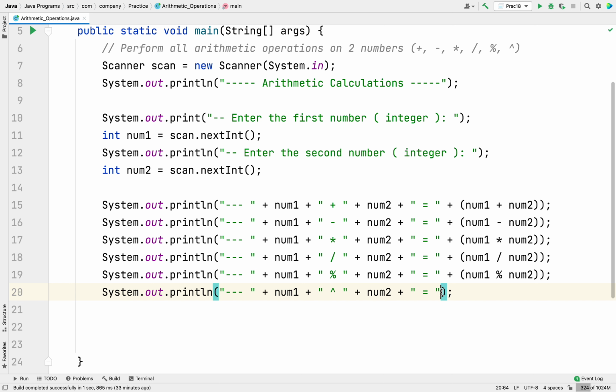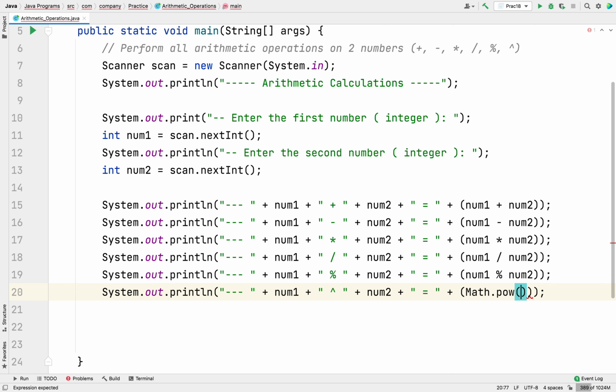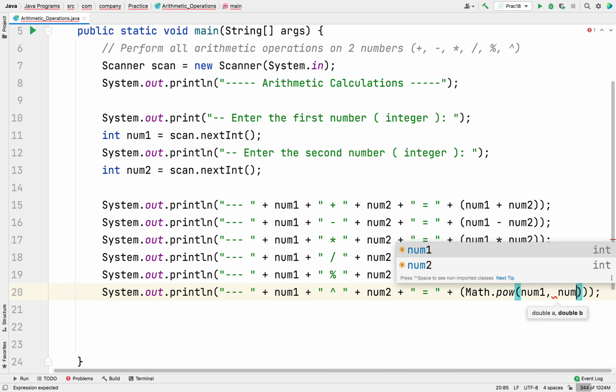If you want to do exponentiation, we do it a little differently. Suppose you want num1 to the power of num2. You just write Math.pow, which is power, and then the number 1 and then the number 2.